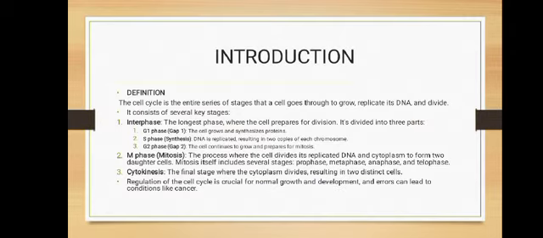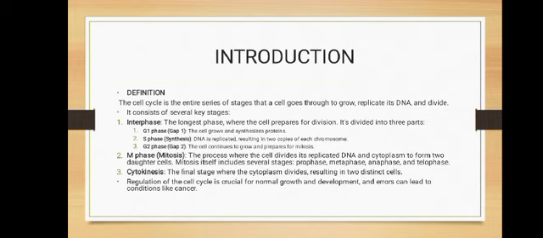To begin with, from our introduction, we start with the definition of some words. The cell cycle is the entire series of stages that a cell goes through to grow, replicate its DNA, and divide. It consists of several key stages. That is, the interphase stage, which is the longest phase. It is divided into 3 parts: the G1 phase, the S phase, and the G2 phase. We also have the M phase